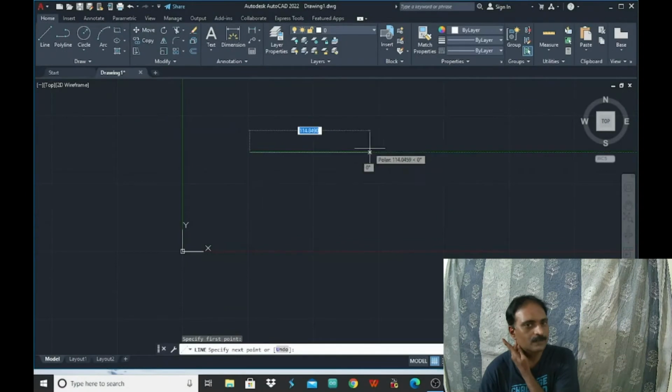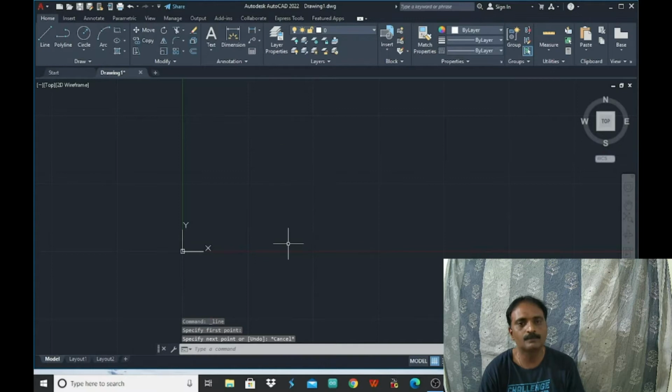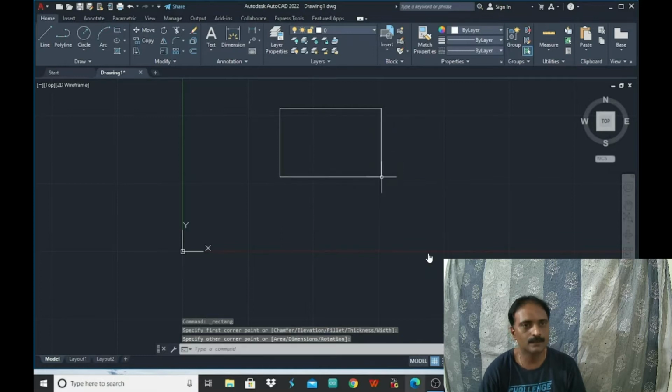So here, first I am going to consider a rectangle. Once we click on this particular symbol, I am giving the chamfer distance.